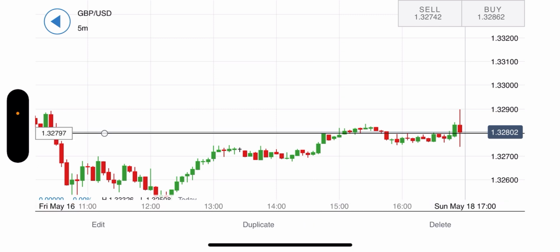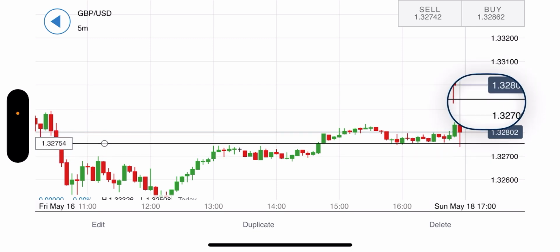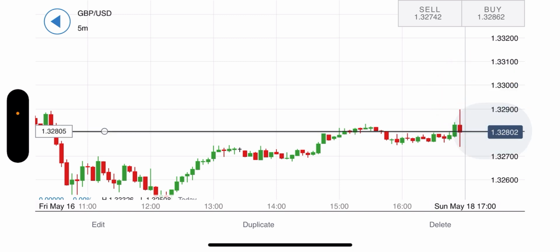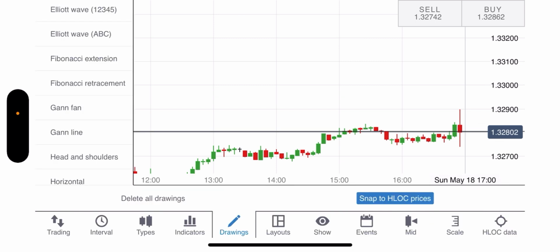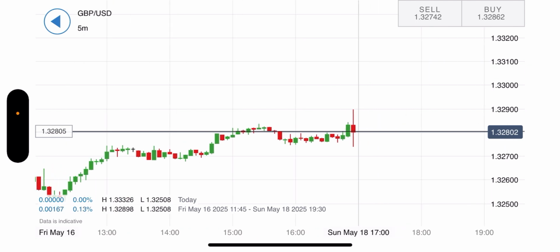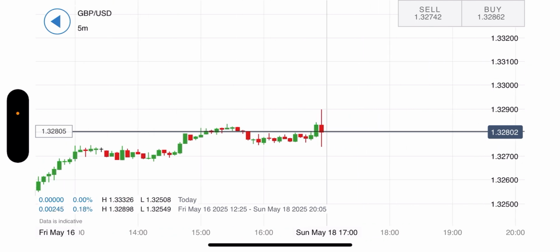As long as that circle is around it, that means we can control it. So we'll just touch it and bring it right to the bottom of that candle. Now we touch the chart again, and the little dot will go away, meaning we're not editing that anymore. We touch the chart one more time, and the drawing option goes away. So now we have marked where the market closed on Friday,